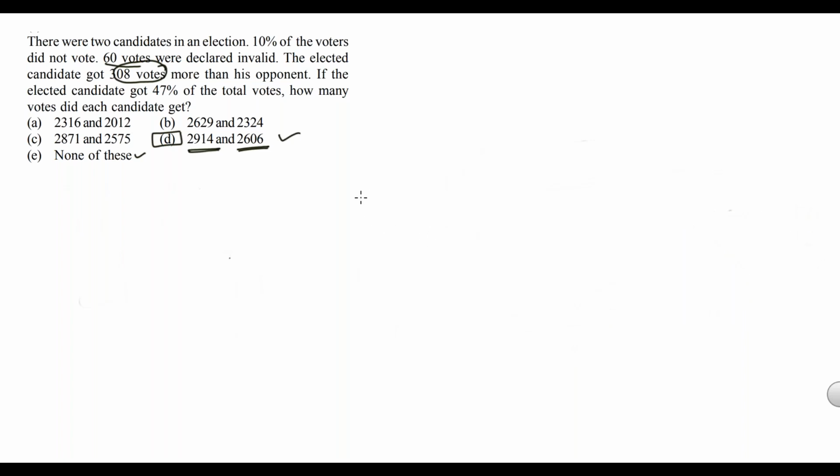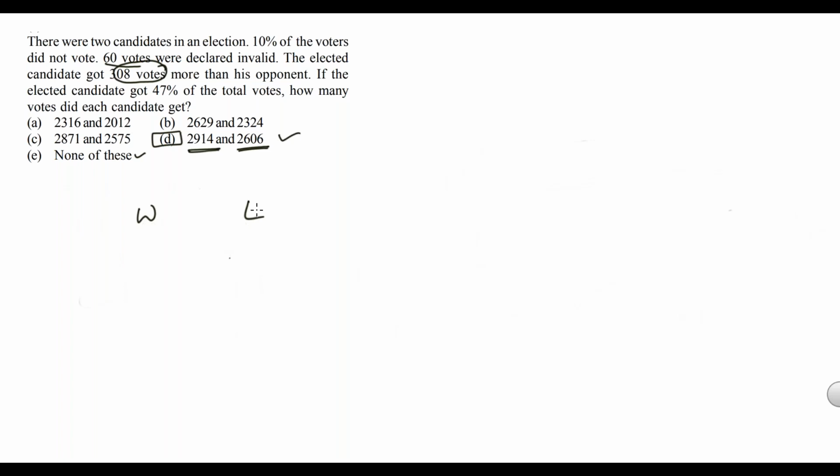Right. So this is anyway the normal method we do. But if you wanted to do it quickly, see whenever you use some shortcuts and assumptions, the probability of getting the right answer will not be 100%. But there is a 90% possibility that will be the right answer. So in what way we can do? Here I have two candidates, right? So one is the candidate who won the election and the other one is who lost the election.